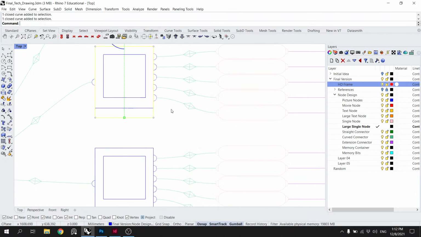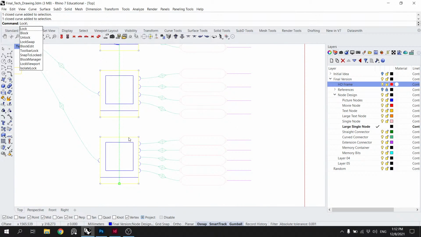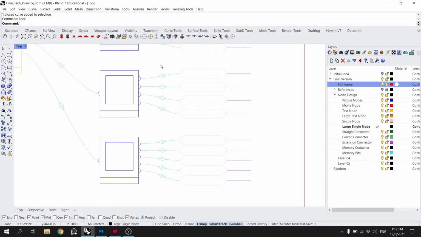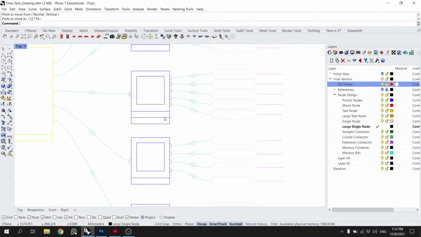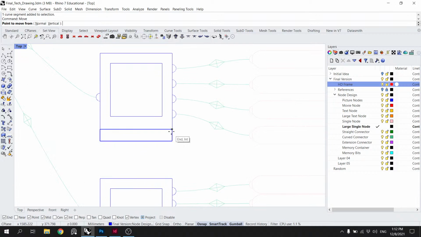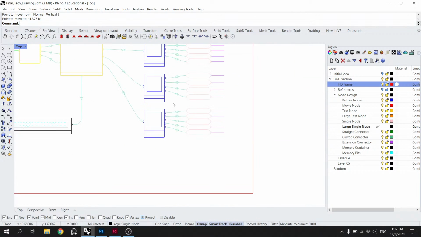Okay, well, actually, we'll just go through all of these frames and lock them. Okay, they're all locked now. Move that from there to there. Okay, so all of these get moved.